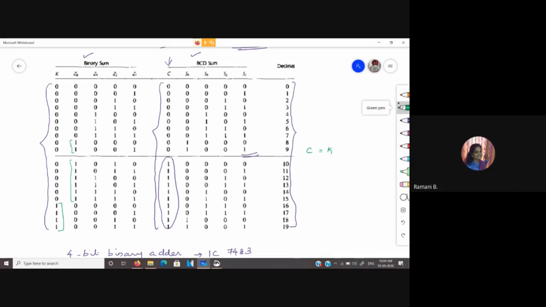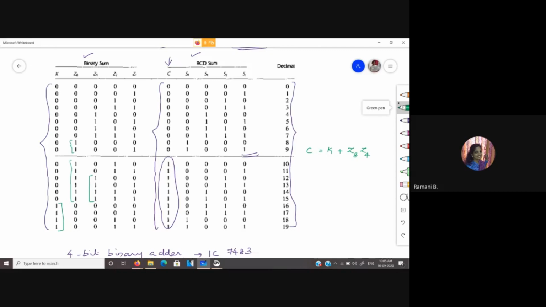Here we observe that for the binary sum 12 to 15, we have Z8 and Z4 as 1. So in that case, I am adding 6 to it. So Z8 and Z4.